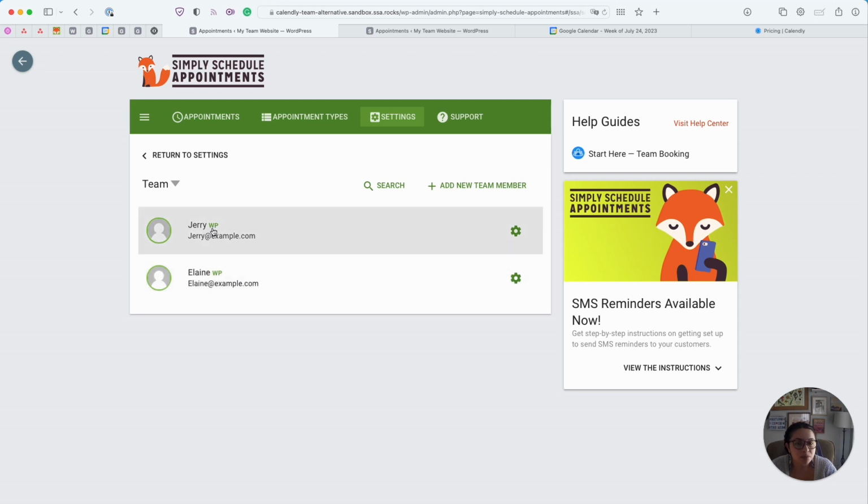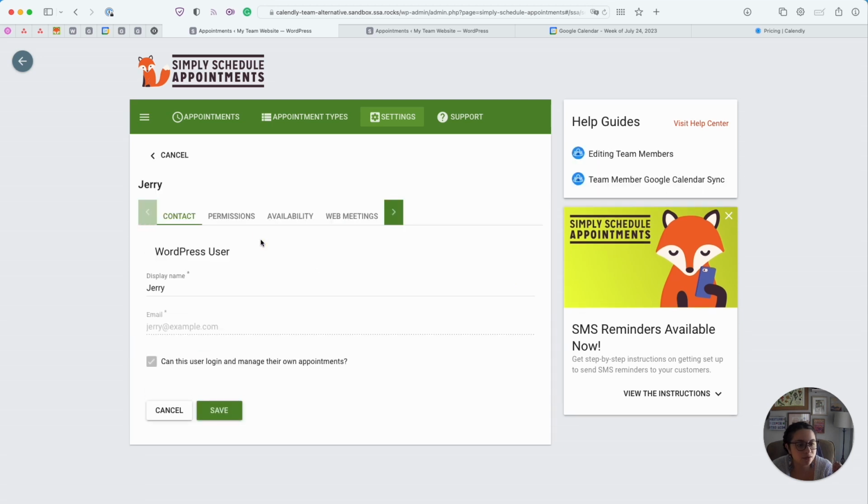You can see that little WP next to their name means that they're a WordPress user as well, so they can log into your WordPress site and manage their SSA settings from here. So just to give you a quick tour of their team member profile, this is their contact information. If you have the SMS feature set up too, you'll have the phone number for this team member to fill in from here. We have the display name, their email address, and then here you can see, can this user